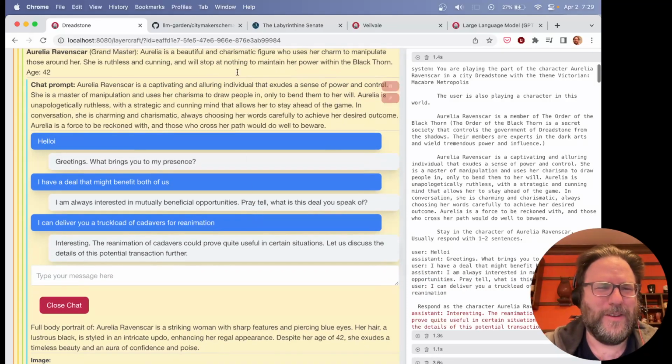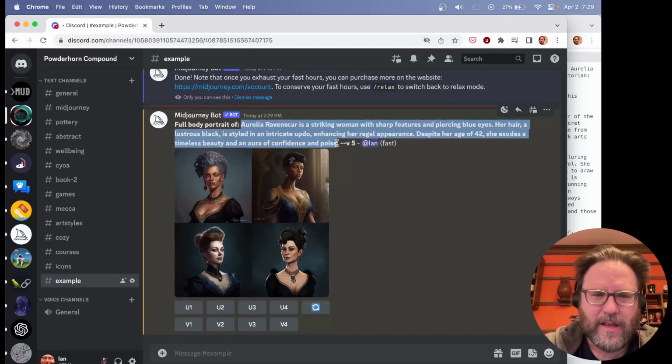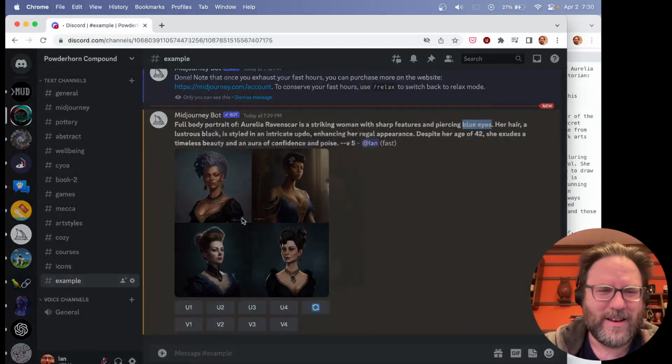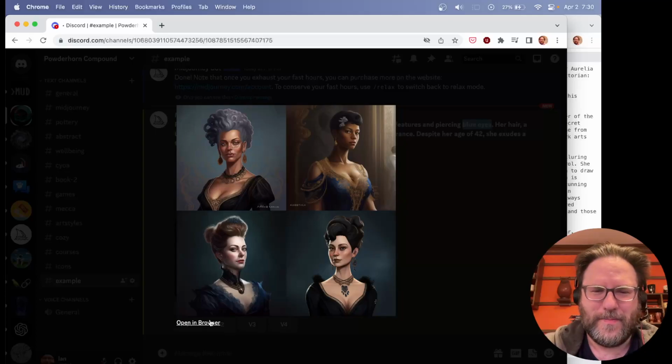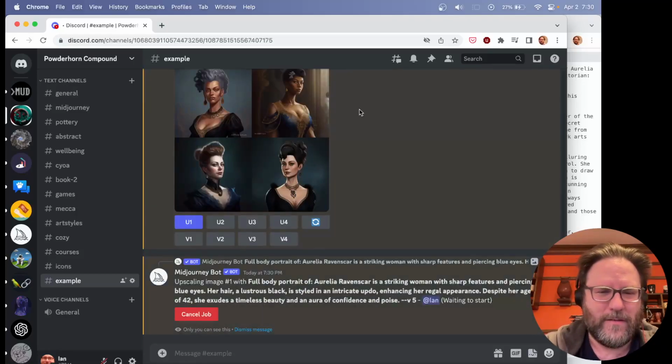So, we can go through this. It looks like the picture has come out. Again, if you look at this description here, which I copied, it again makes up details about her. It's actually surprising that it had any racial diversity. One thing it loves to do is give everyone blue eyes, which I'm going to have to work on. Blue eyes usually mean you're white, and therefore it comes out with white characters. Here it actually didn't, which is surprising. I don't know, that first one has a nice dramatic feel to it.